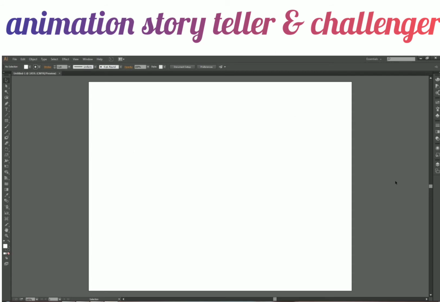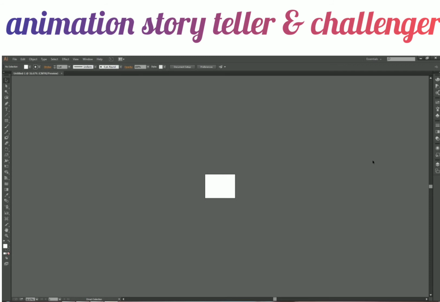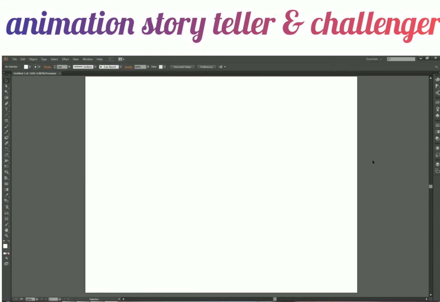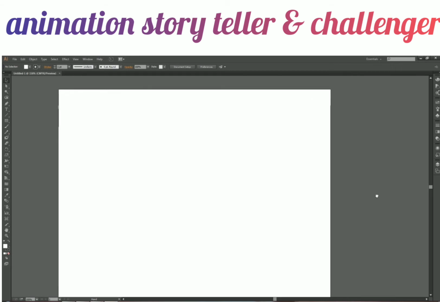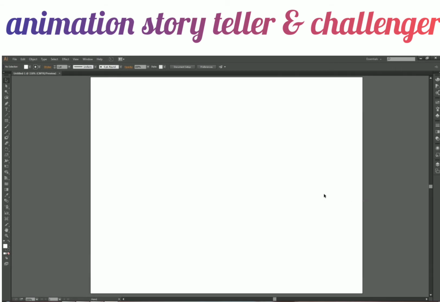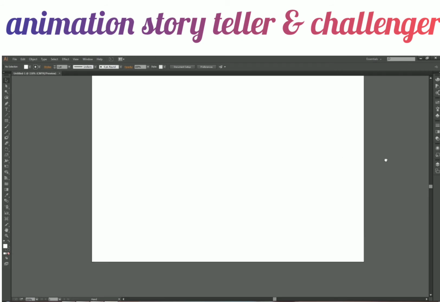And this here is my canvas. All the work I'm going to do is on this canvas. There are a few basic controls to control the canvas: Control minus to zoom out, Control plus to zoom in. Then you can hold space bar and left click, and then you can drag around. Notice when I press space bar, my cursor changes to a hand, and then when I left click, it grabs the canvas, and then you can just drag it. So press space bar, left click and drag to move the canvas.